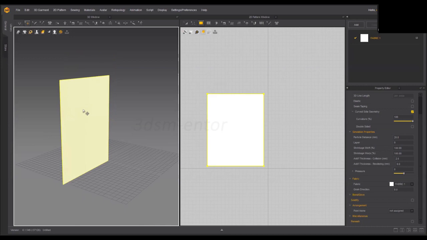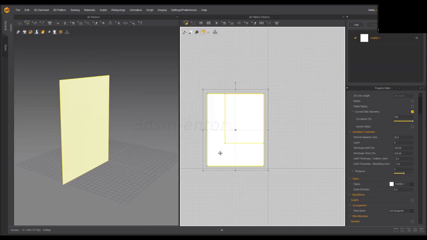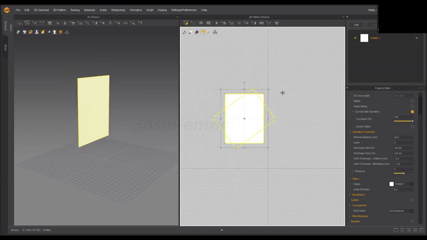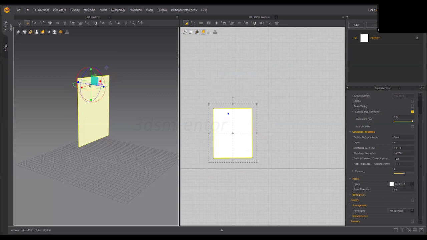Now if you want to move this rectangle, just hit A on the keyboard. This will allow you to transform this rectangle in a way you can change the size of the rectangle. You can rotate the rectangle, or you can move or position it anywhere on the layout. And in order to move it in your 3D window, just click on the rectangle and you can move it and rotate it,